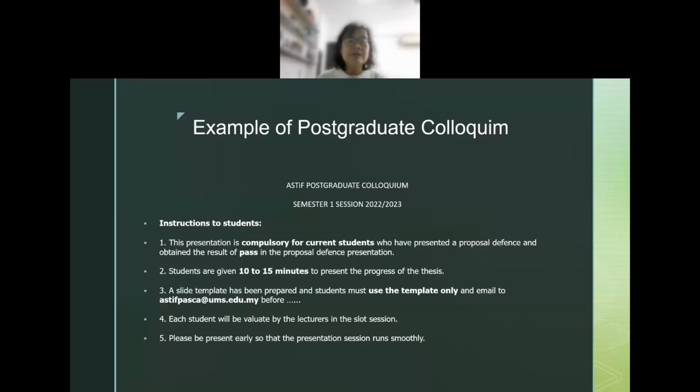Students are given 10 to 15 minutes or 25 minutes. You have to prepare a PowerPoint slide, and you must use the template that has been emailed to you by Dr. Junior, and you have to email the slides to ASTiF.